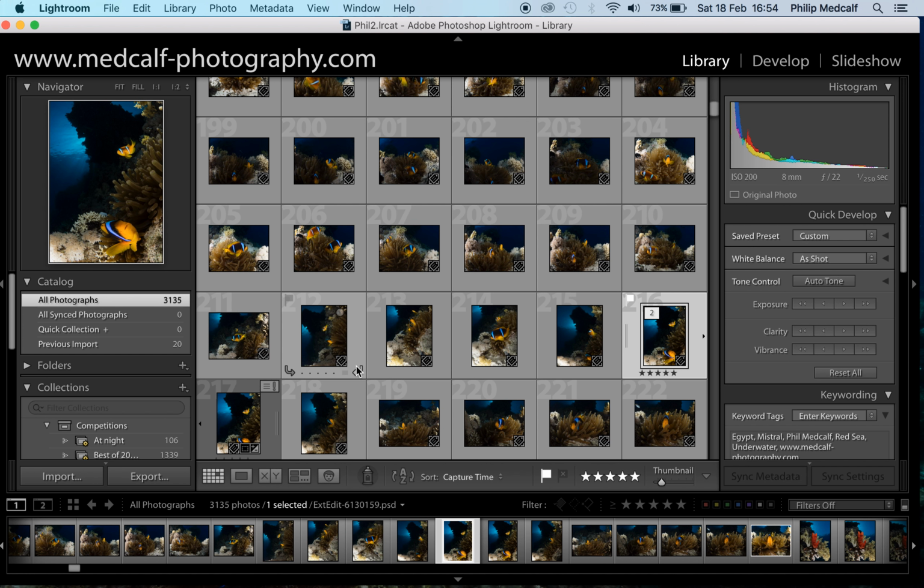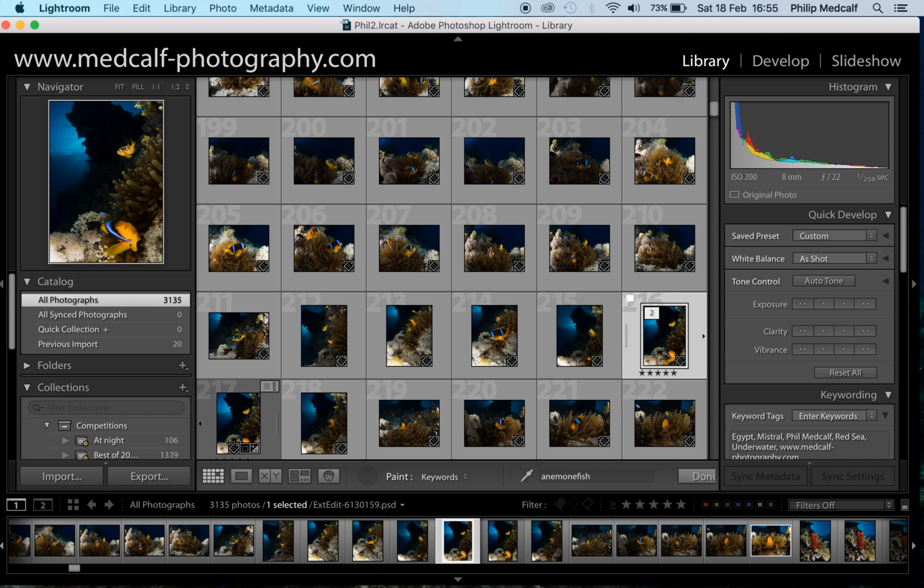And what we're going to do, we're going to use the spray can to start off with the keywords. So click on the painter, the paint can, and it comes up with a choice of things you can select through, but we're already in keywords, so we'll start off there. So what we're going to do, we're going to keyword some images, and as we can see, I've got images of anemone fish. So let's keyword anemone fish. So type that in, press return,